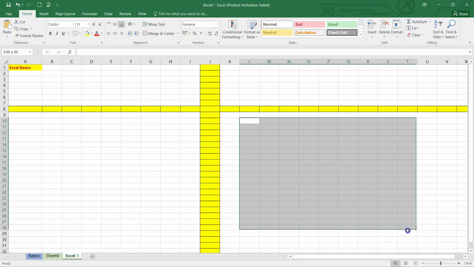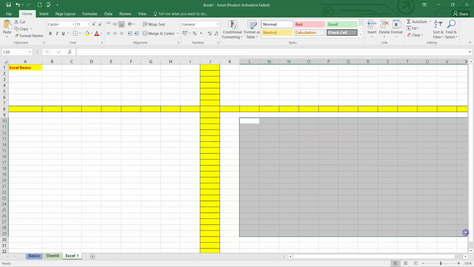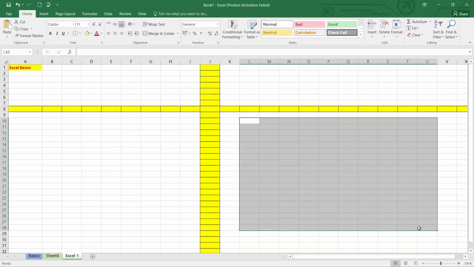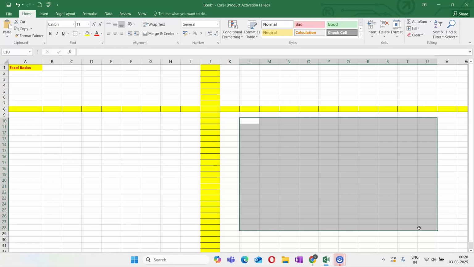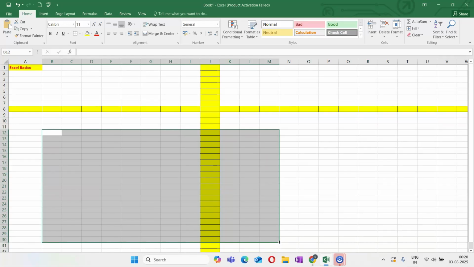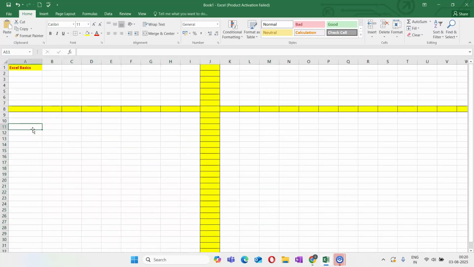If I select a number of cells, multiple cells together, you will see that it shows me the entire range. If we keep selecting, it will keep showing me the range. And if you just leave it, then it will show me the first selected cell or the main cell, that is the active cell in your cell range. So this is what a range of cells means.